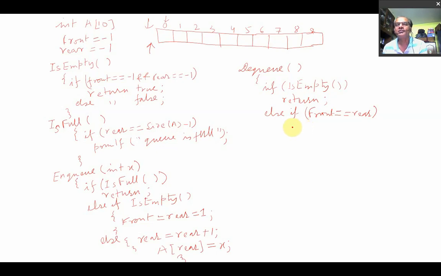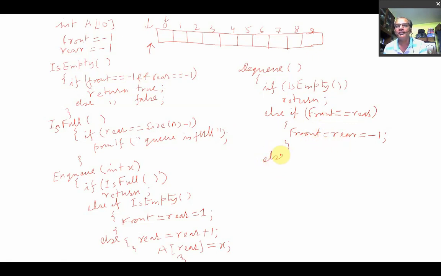Then you should reset the values of front and rear. That means you have to write front is equal to rear is equal to -1, right? Because I have already told that empty can be identified only when front is equal to -1 and rear is equal to -1. That's why in this case you have to reset front and rear to -1.